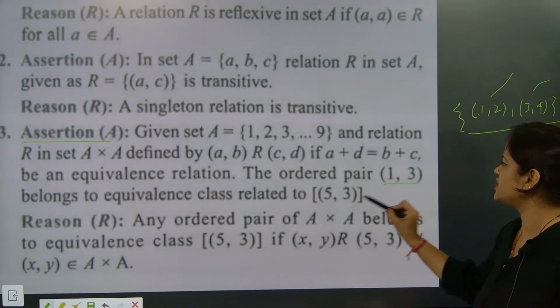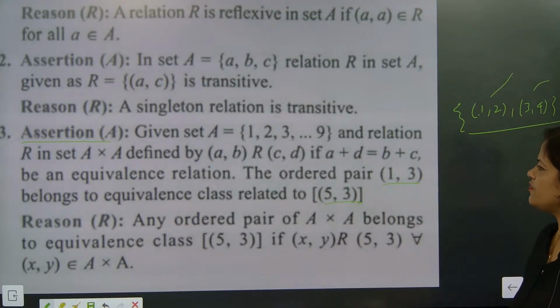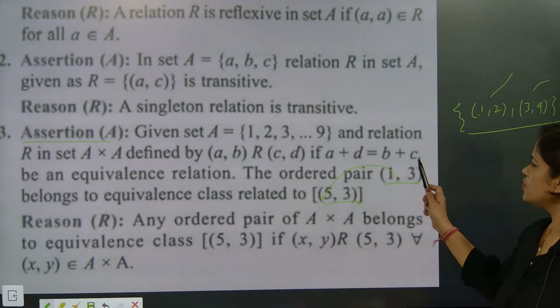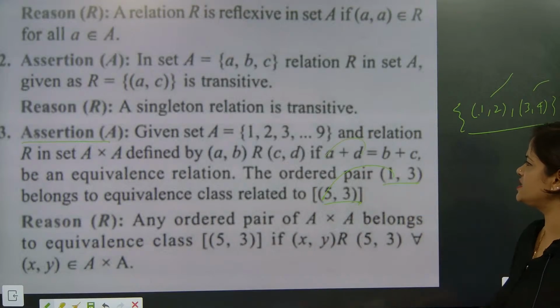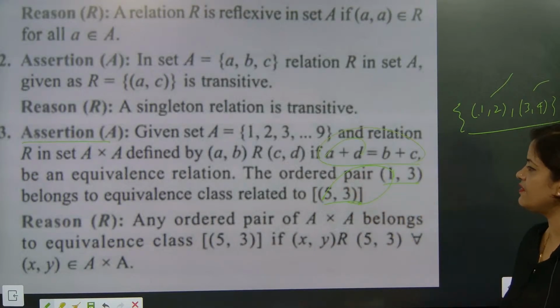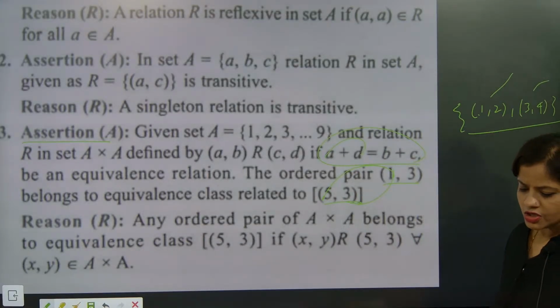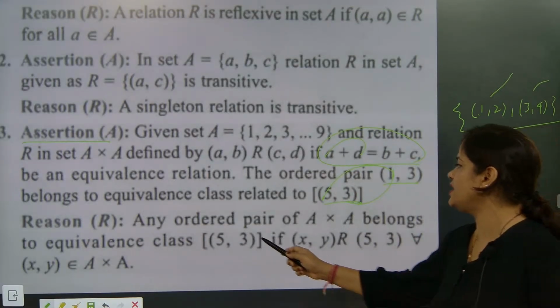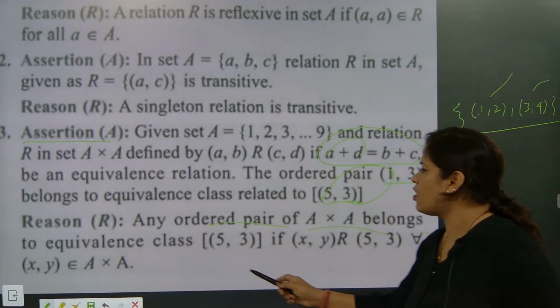So here you check this one and this one. Is there any collaboration with that? 5 plus 1 will become 6. Understood or not? So you need to check here a plus d, first one with last one. That part is exactly coming. b plus c will be coming or not. Understood or not? So if it is collaborating with any ordered pair of A cross A belonging to the equivalence class,